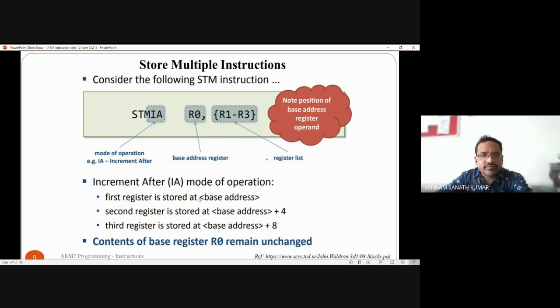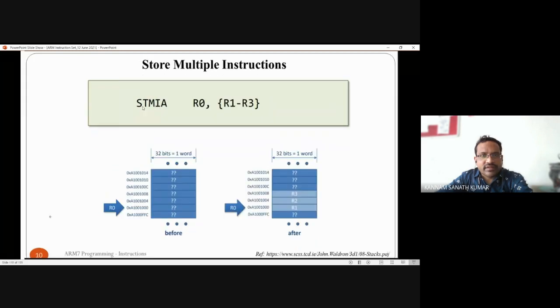Okay. So here you can see the example. Initially R0 will be pointing to 0xA1001000. Now what you are doing is moving the content of R1 to R3 to these locations: 1000, 1004 and 1008.